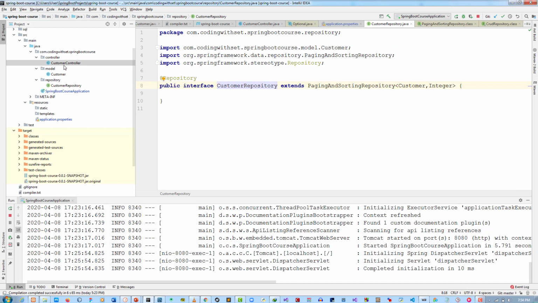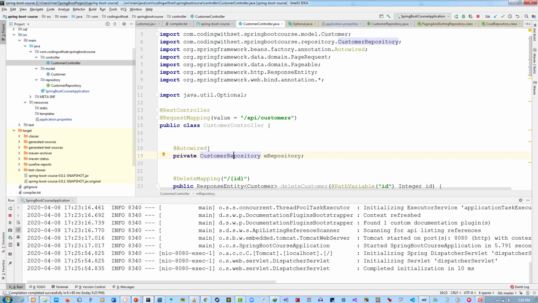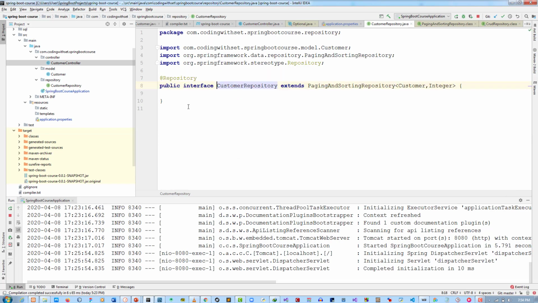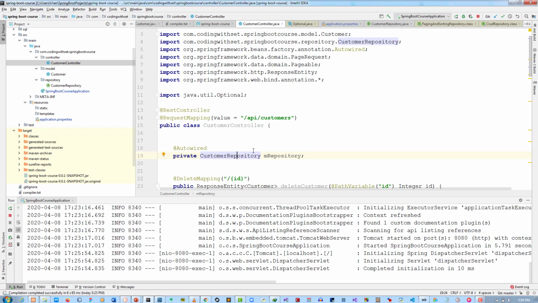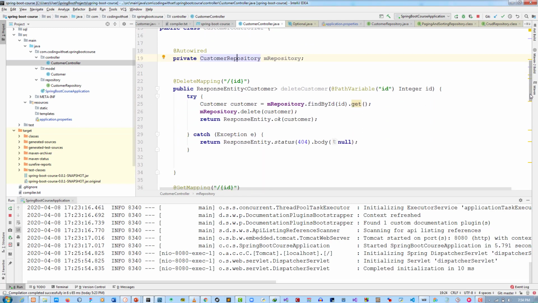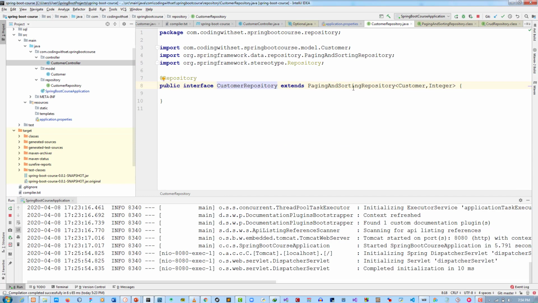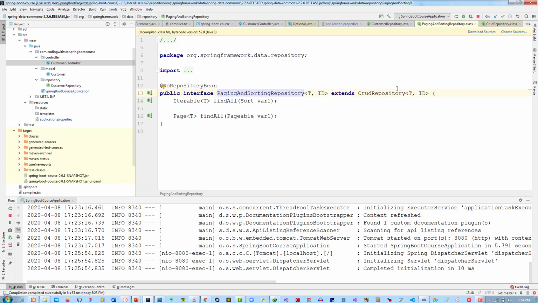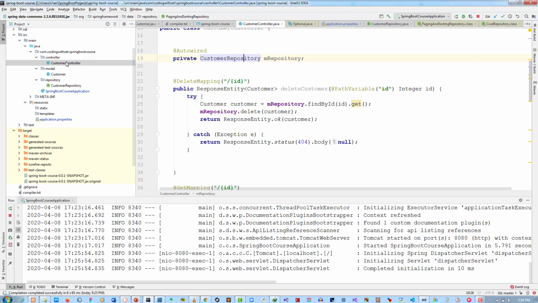But because I'm using Autowired, I'm already injecting this interface. Because of that, I have access to every method that this interface extends. The customer repo extends the paging repository, and this also extends this. So because of this, in my